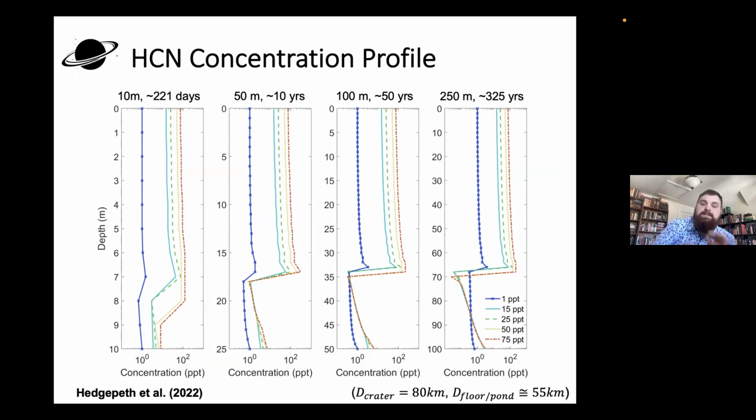And while there's a lot I could say about it, the main thing I want you to understand here is look how things are so much higher in the upper fraction of this melt sheet, so much lower on the bottom. This is because, if we think back to the gravity portion, HCN happens to be more buoyant than water, which means the buoyancy of HCN will cause it to be held in place as the ice lattice is forming on the upper boundary of this melt sheet. But as the base of the melt sheet continues to freeze, because remember, Titan is cold all around, not just on top, the buoyancy will want to drive it out as it's forming.